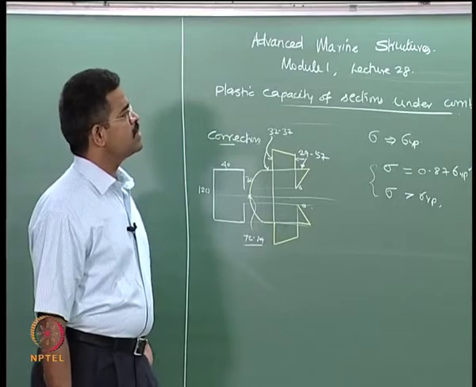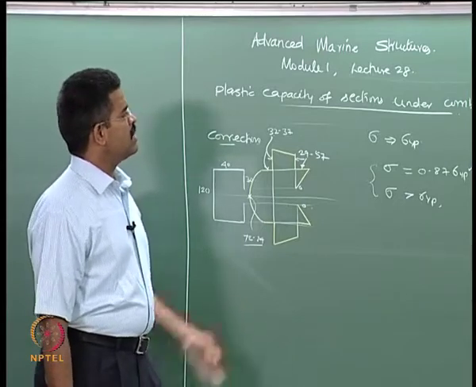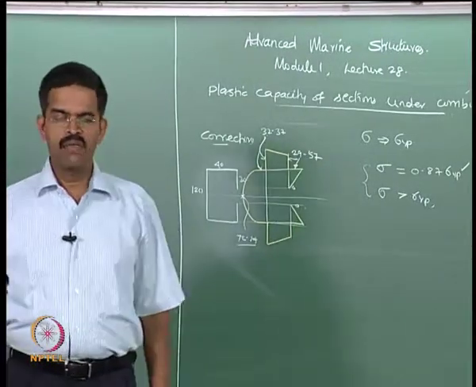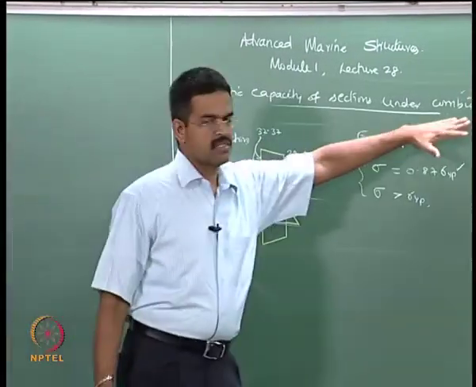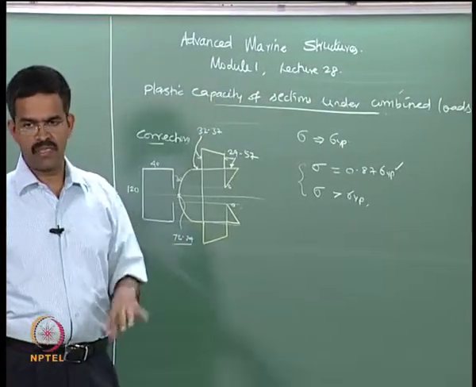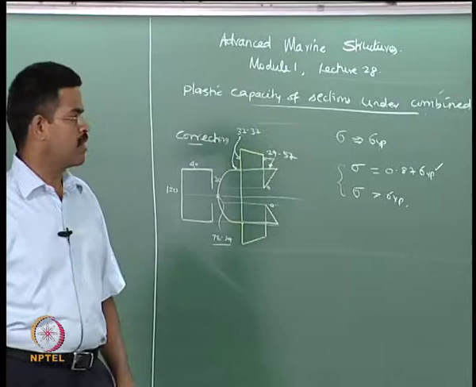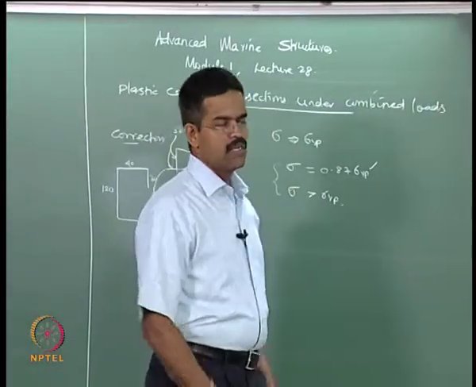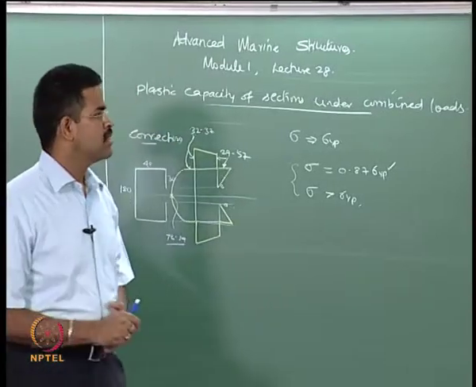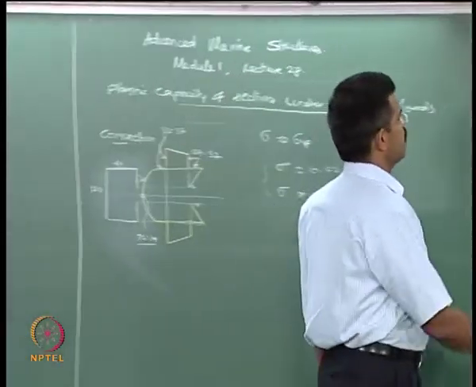Now, what we are interested in are those cross sections which are very common for members in marine structures. When they are subjected to a combined action of loads, how does the plastic moment carrying capacity of the section get reduced? What we are going to study is the PM interaction, that is the bending moment and axial force interaction. So, you must agree that if you have a beam,